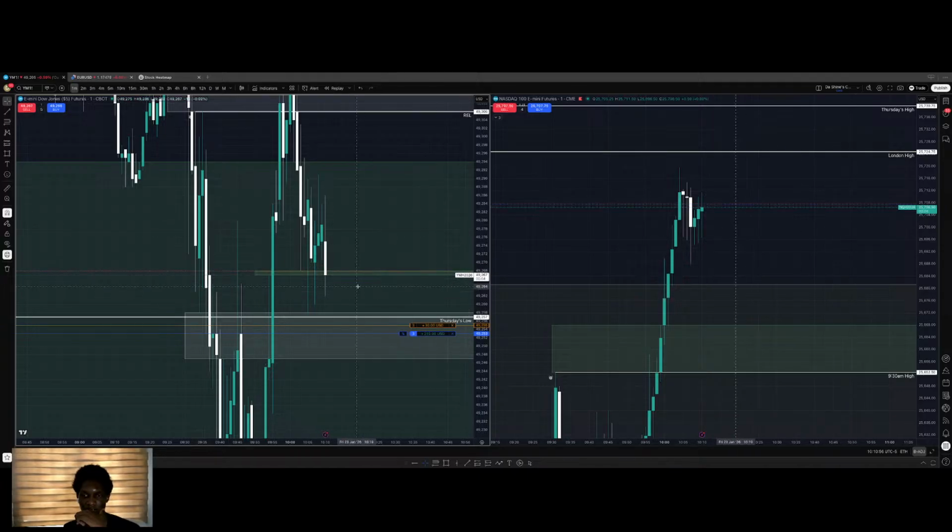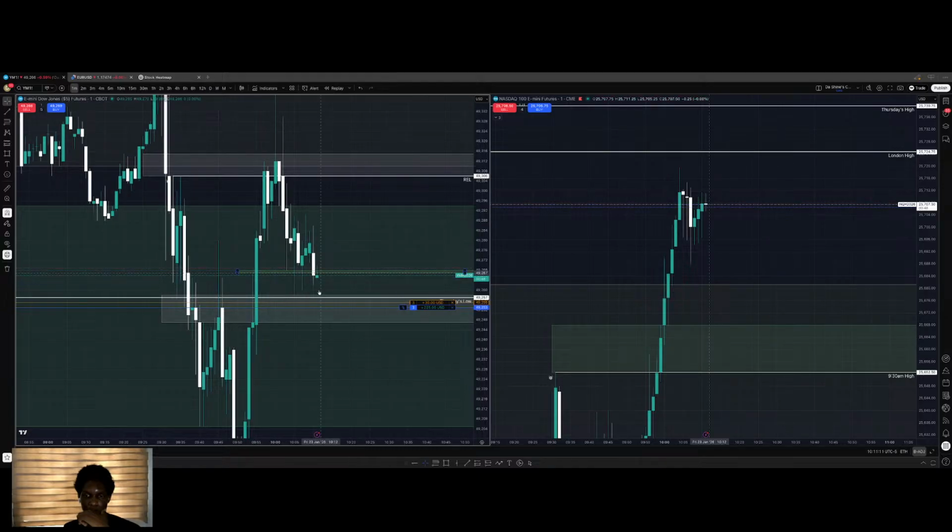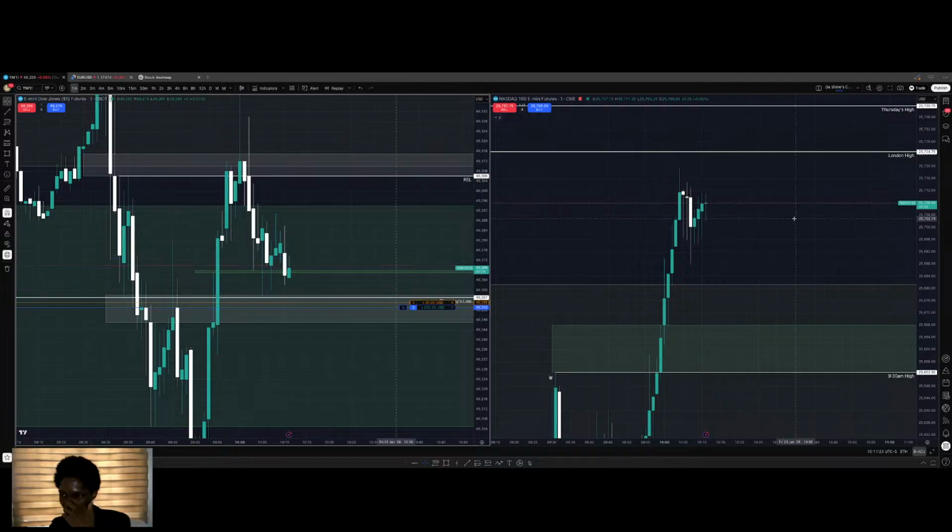So we'll see in 5 seconds. If this still closes above it, that means it's respecting it. So it is not. We just inverted the order block, an inversion. This would tap this and I expect it to keep going lower now. I expect us to go lower to take these lows out. So we're just waiting. We're just waiting.